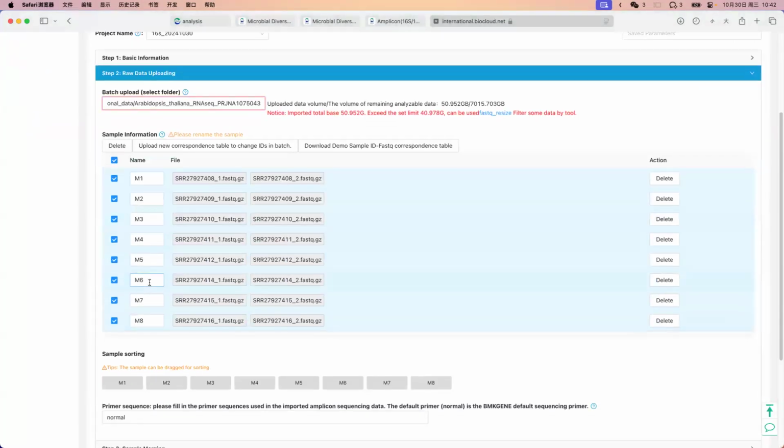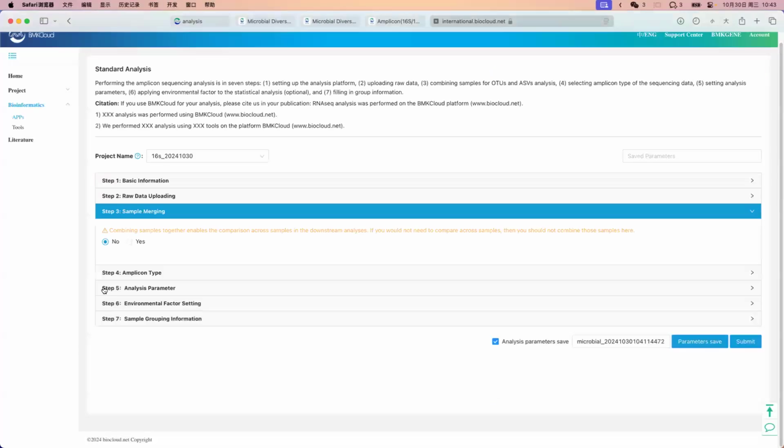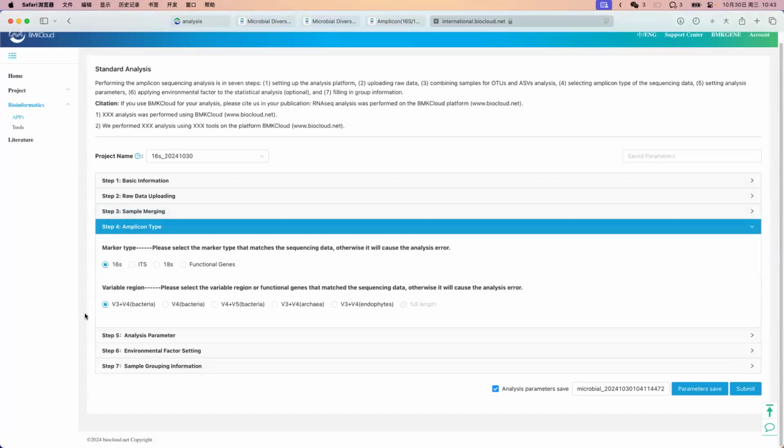Our BMKCloud will automatically compare the paired entries, such as here I have the 3, 4, and 2 paired 1 and 7, 4, 1, 2 paired 2, and they will automatically be paired into one sample. Other parameters such as the sample merge and Amplicon type are based on your analysis, on your experimental procedure. And you can change this in